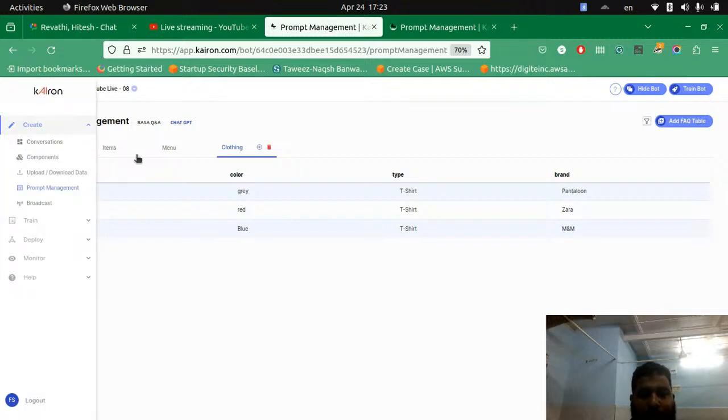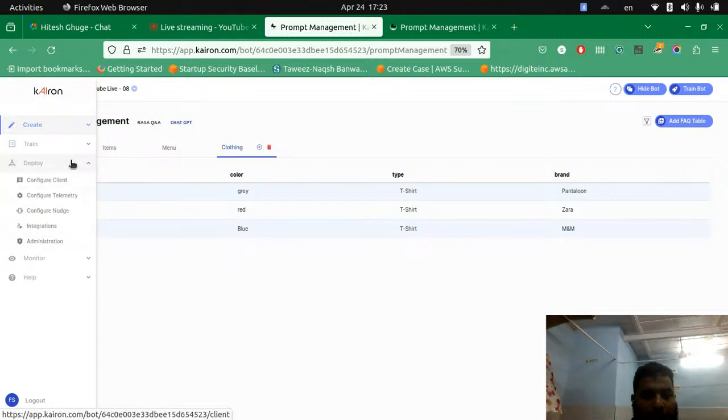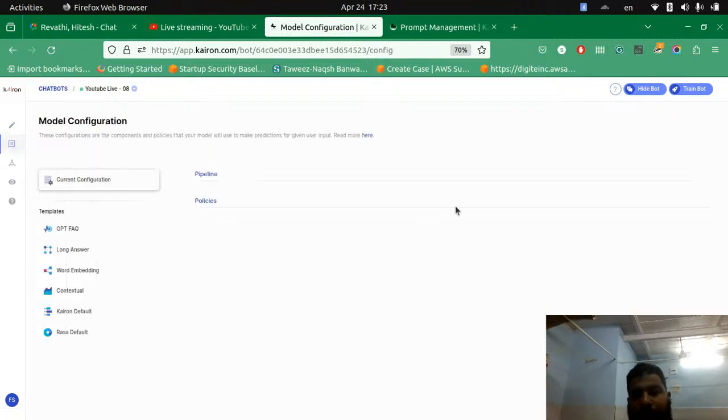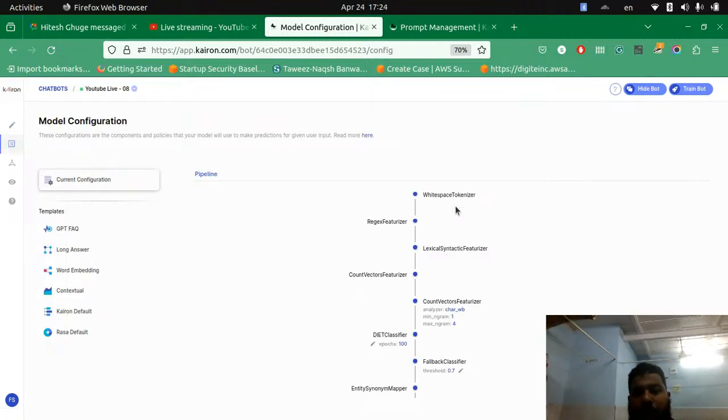So now let us see about model configuration. Let me take you to the model configuration screen. So this is the model configuration. What is model configuration first? Model configuration is nothing but